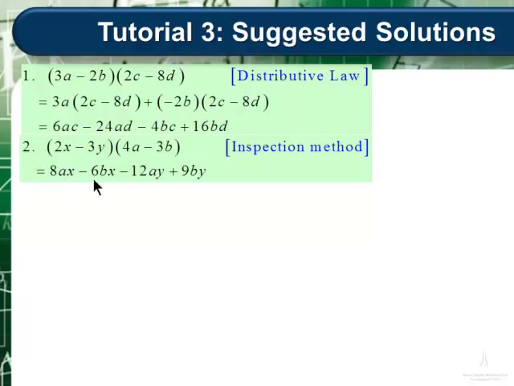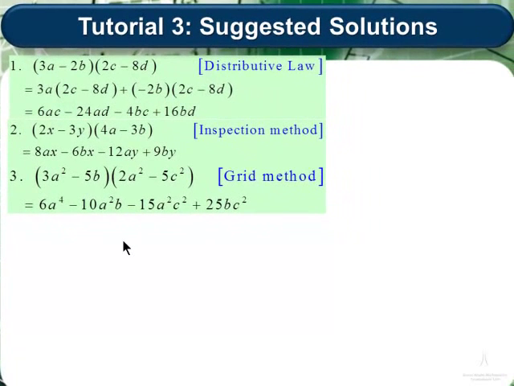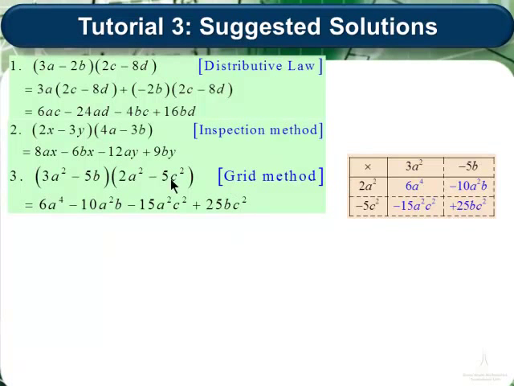Note again that the order of the factors within each term does not matter at all. We normally write the numerical coefficient in front, of course, for each term. The third example or problem, we had to apply the grid method. So we set up a grid and the terms from the binomial on the left hand side form the first row,